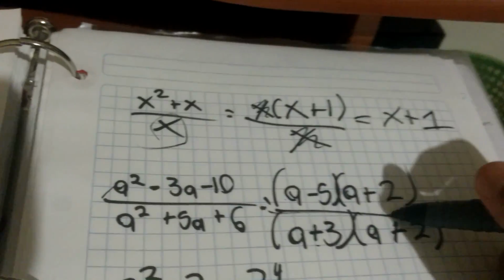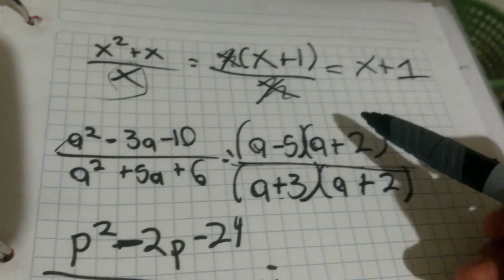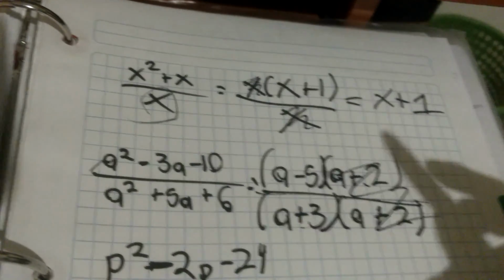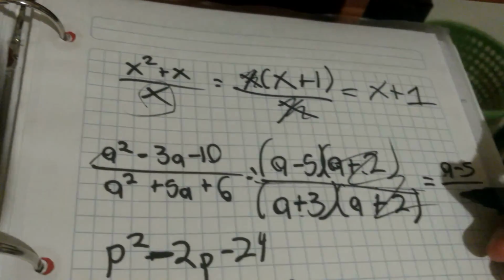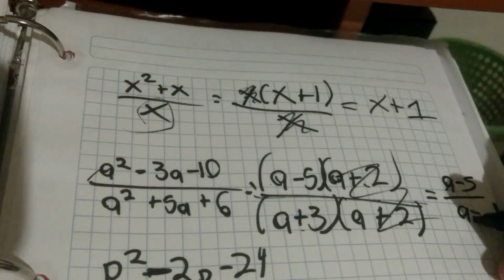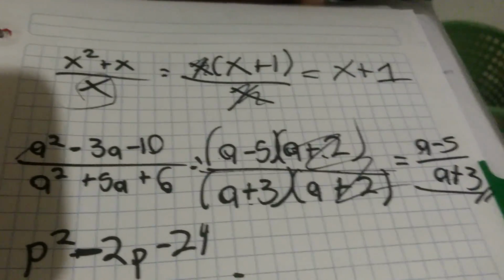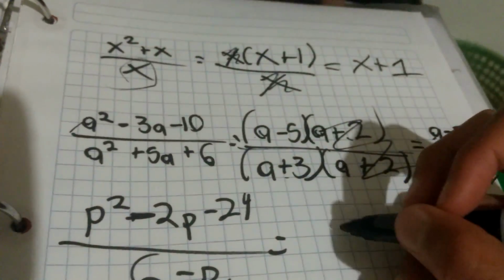So we see that it repeats the same factors as in the other case, x and x. In this case, a plus 2 and a plus 2. So we cancel them and we are only left with a minus 5, a plus 3. And this is our final result. The next exercise would be the